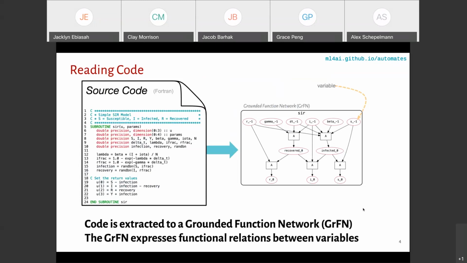But in the grounded function network representation, we have what's called a data flow representation, which really just extracts and isolates how variables affect each other. And how they affect each other is in terms of these functional relationships, which now have been isolated as these little modular building blocks. In this form, this representation makes it easy for us to then manipulate the program. Also, it makes it easier to visualize it in a human consumable form. What I'm showing here is not that form. Eric will be showing some examples of that in his presentation.